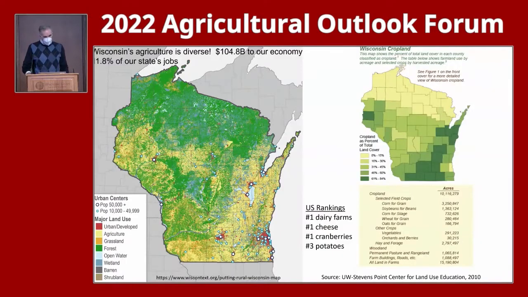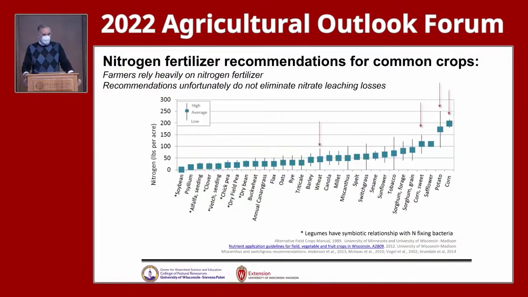I hesitated whether to even put this slide up. Obviously, everyone understands the importance of agriculture to Wisconsin's economy, but more so, think about the diversity of agriculture that we deal with in a state that has a vast range of land use and land management. And the key thing about our agricultural crops is the amount of fertilizer that we rely on to help sustain